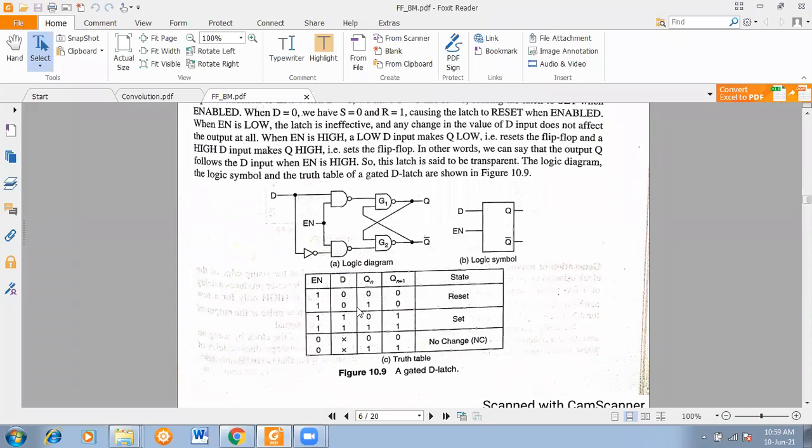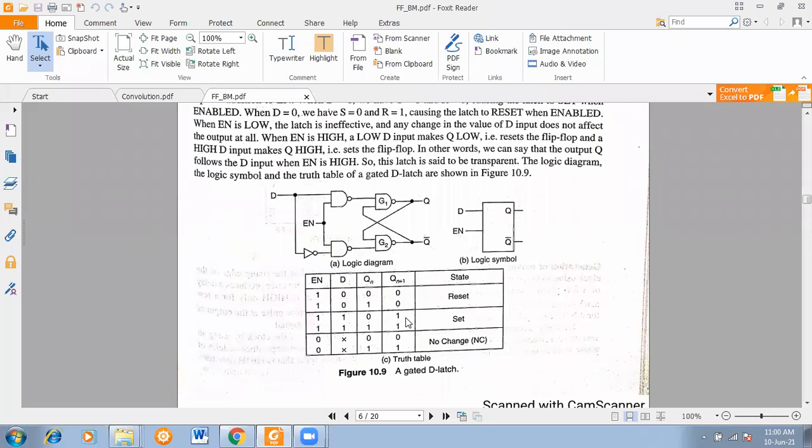Okay. Now देखो यहाँ पे D is equal to 0 and Qn is equal to 1. The present state is equal to 1. So next state is also 0. So that is called the reset state. So when D is 0, we get the reset state. When D is equal to 1, we get the set state. So among 4 states, no change, set, reset, and invalid, out of the 4 states from SR flip flop, in D flip flop we get 2 states only, set and reset. Either set or reset. We are having 2 output states among 4.